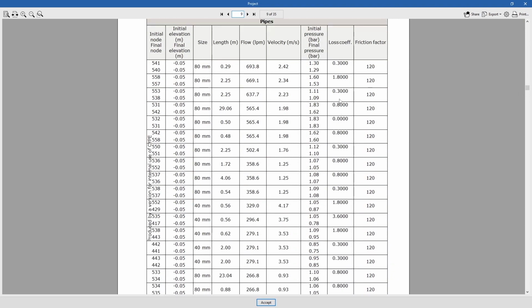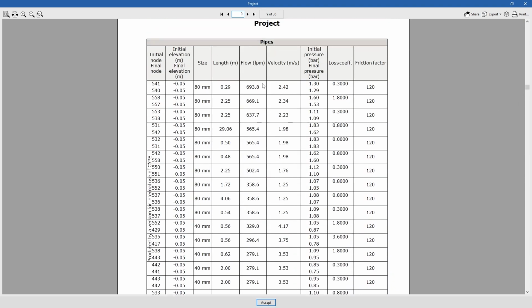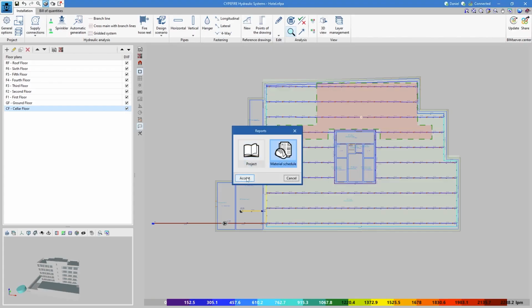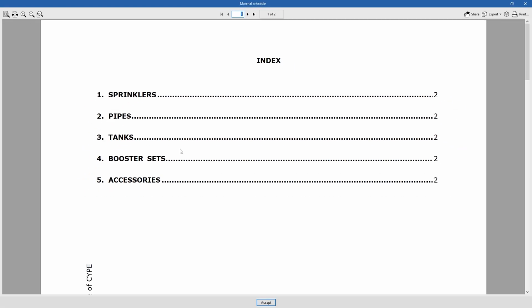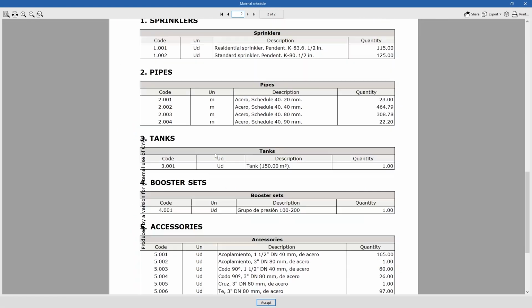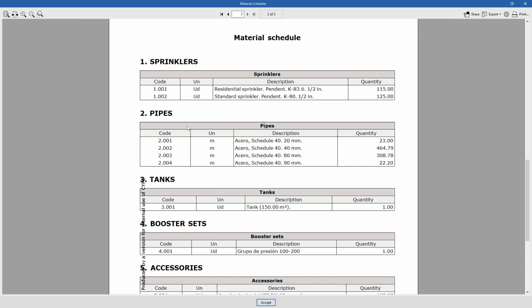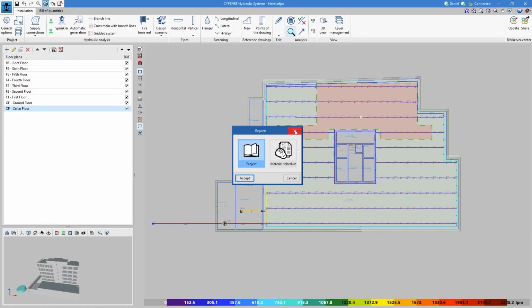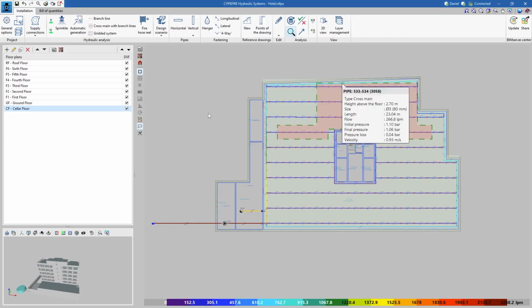And the same goes for the pipes. With the pipe, we have all its properties, such as the flow, velocity, the pressure that goes through that pipe, the friction factor, and of course, we can export these reports into any kind of format. And the last but not least is the material schedule that contains all the equipment that we have placed in our project. And we have a few minutes left, and I want to show you the CYPEFIRE